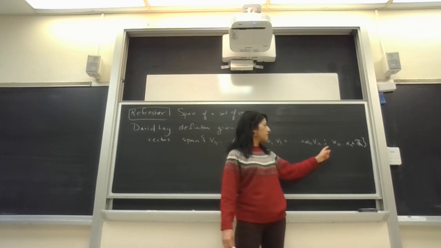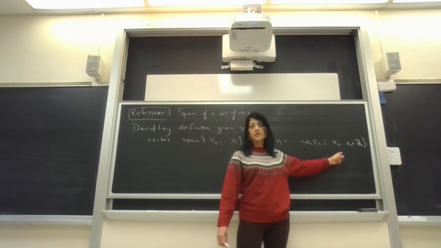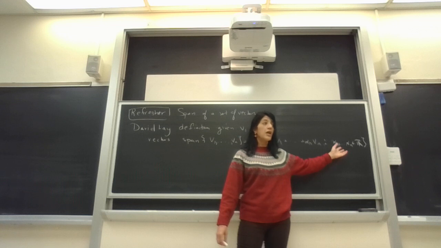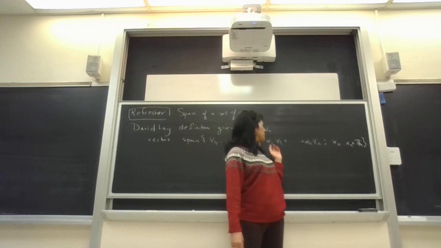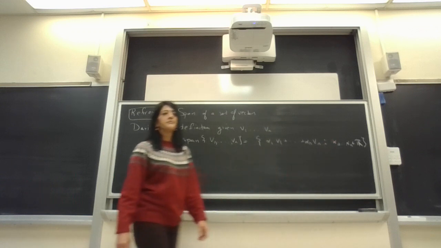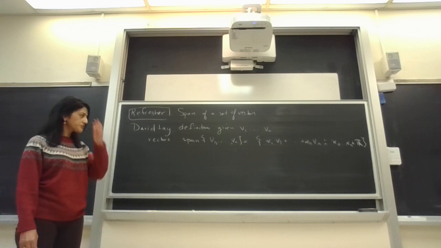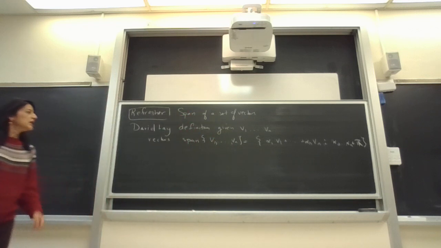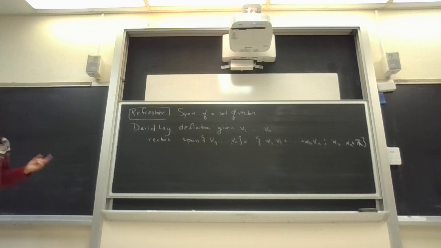The second part of the colon tells you the restriction. It's like there's a second bouncer, and they tell you, well, under these conditions, the alpha ones through the alpha n's have to be all in the reals. That would be like, you got in the door, but one of your alphas was a complex number, and they say, nope, you're out. That's the restriction. So there's two bouncers, basically, and this set is a club, the little swirly things. So what span really is,